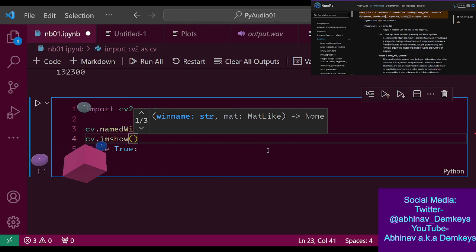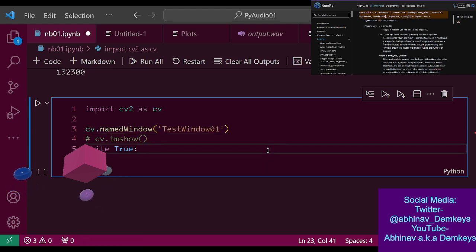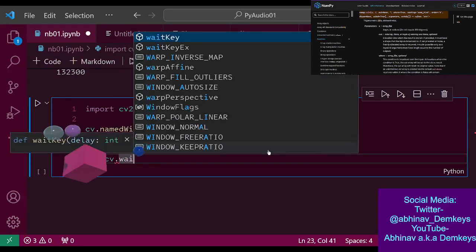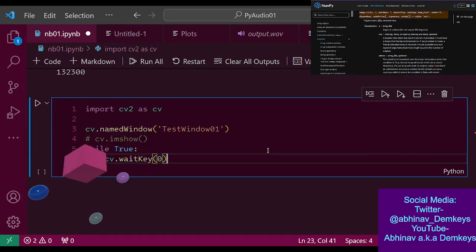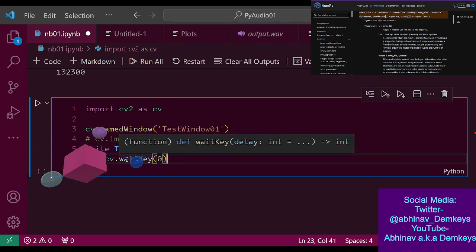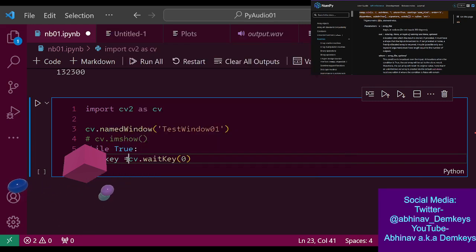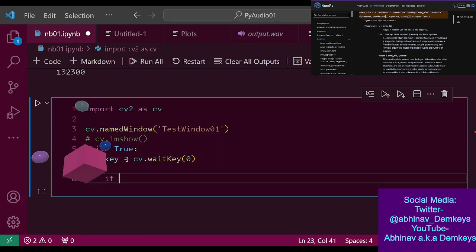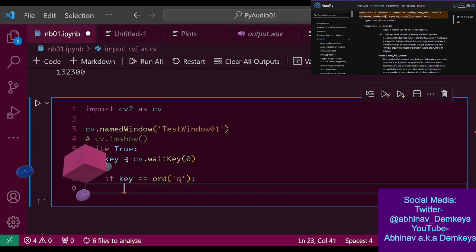No. Okay, wait, let's not display anything. Let's see if the window shows up just by itself. So then I want to do cv.waitKey 0. This returns the key, doesn't it? Yeah, okay. Key equals this. If key equals ord q, then break.